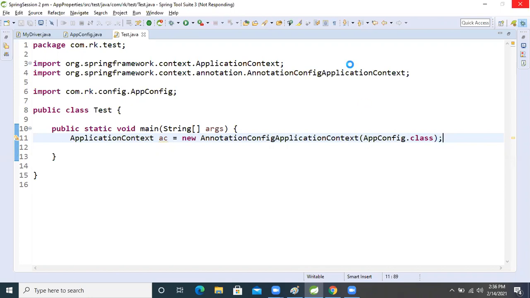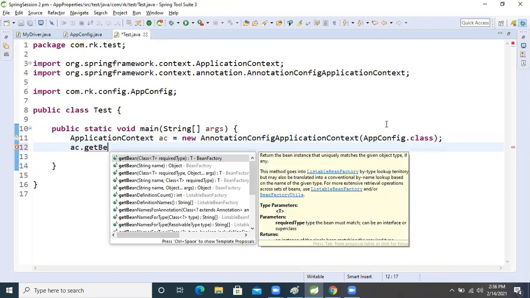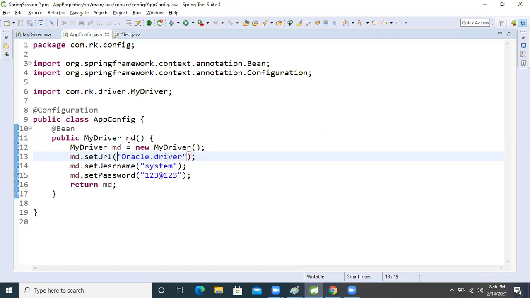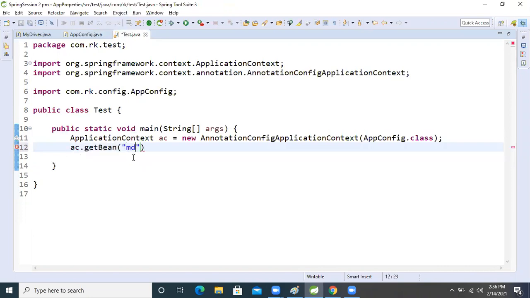Okay, ac.getBean. This is a factory method. Inside that, we come to the application configuration, and this name, the method name, we pass here, because that name will become the ID.